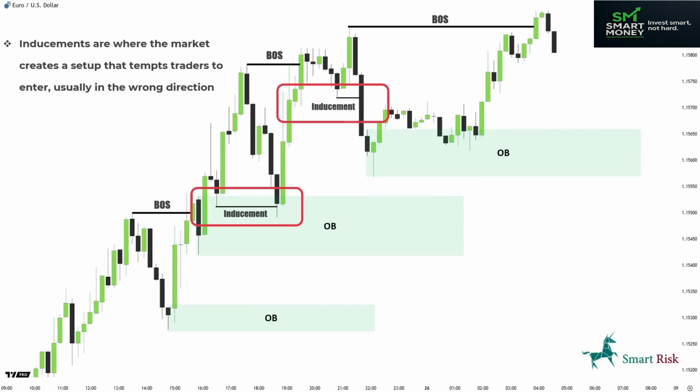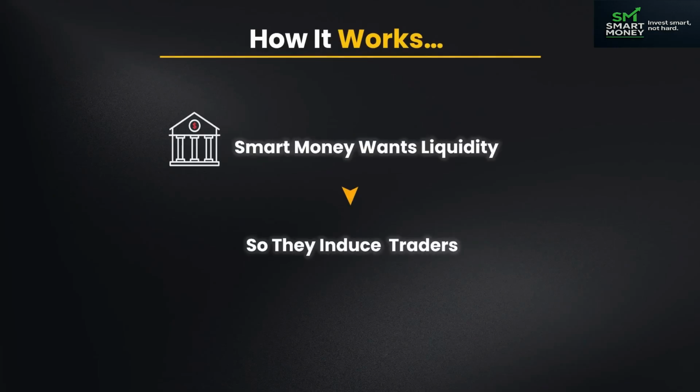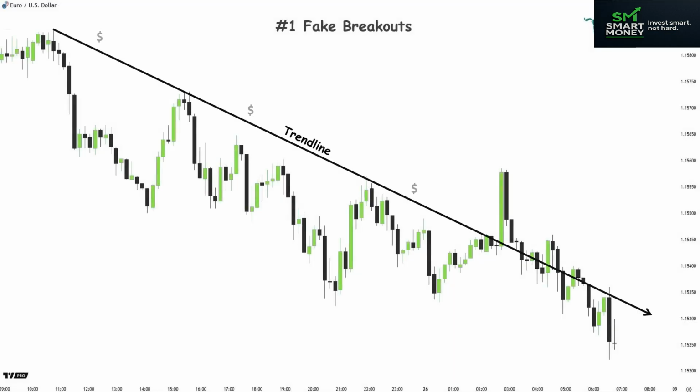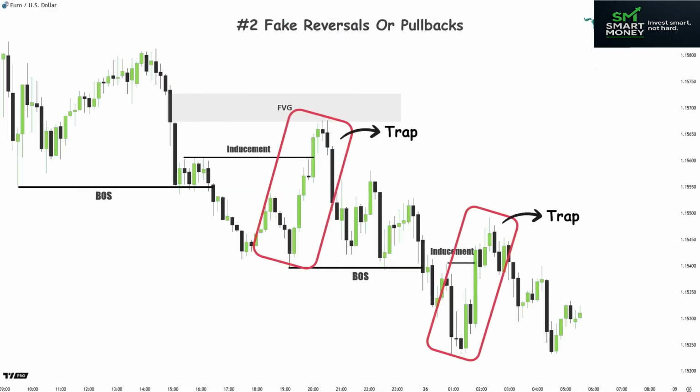Inducements are setups the market creates that tempt traders to enter, often in the wrong direction, so smart money can collect liquidity. In simple words, an inducement is a trap for traders that makes them enter the wrong direction before the real move starts. Smart money wants liquidity, so they induce traders into early breakouts, fake reversals or fake pullbacks,